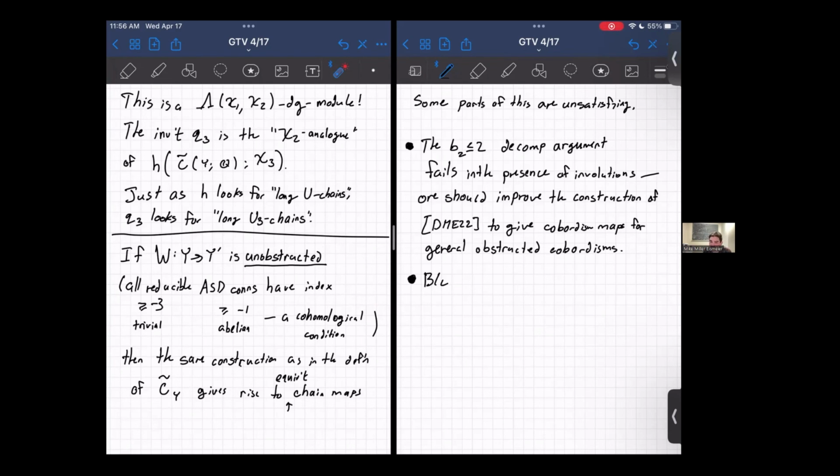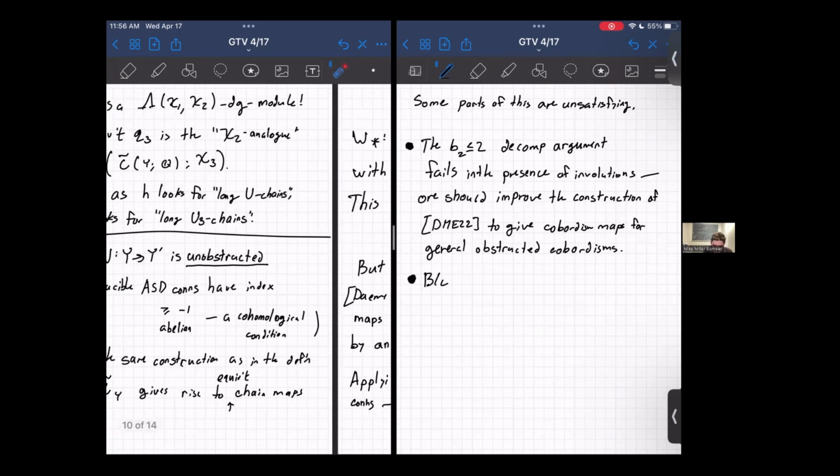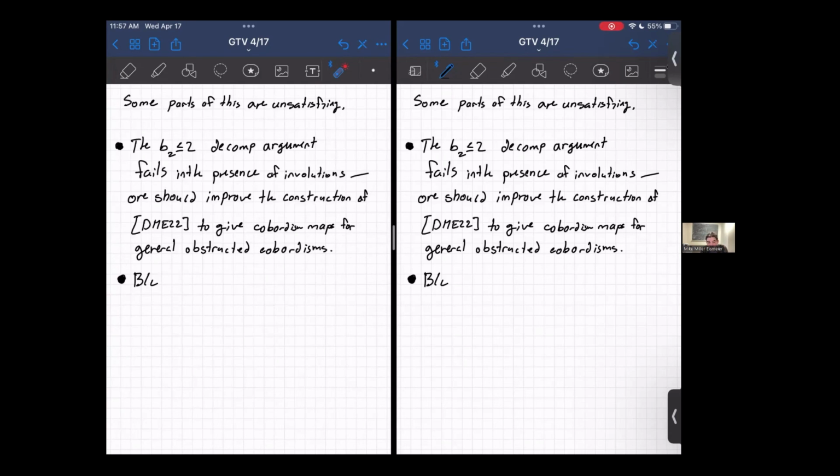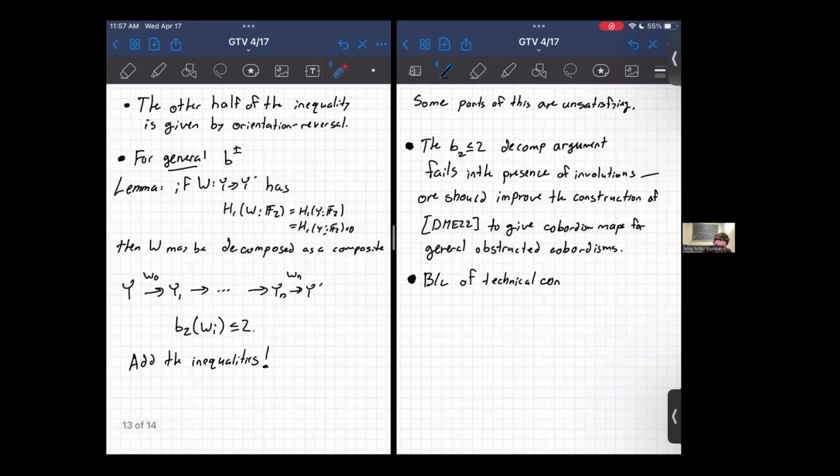of obstructed abelian connections. One thing we showed in this paper from a couple years ago is that you can get rid of that problem if you use large perturbations to define your complexes. And that's what we do to handle it here. We use these large perturbations. So I'll phrase that as, because of some technical conditions, involving these obstructed abelian connections,